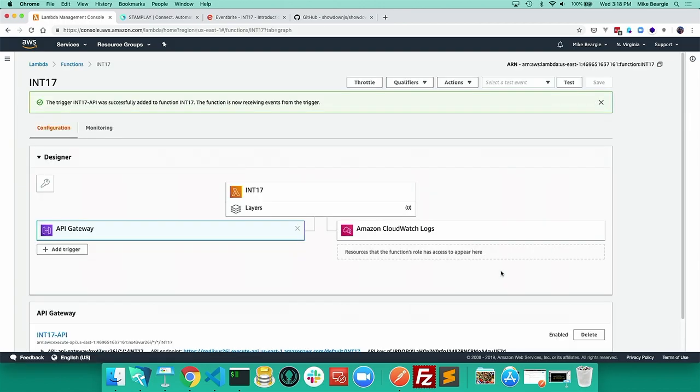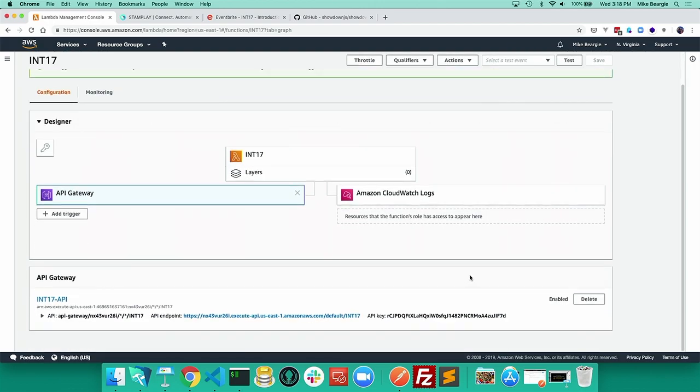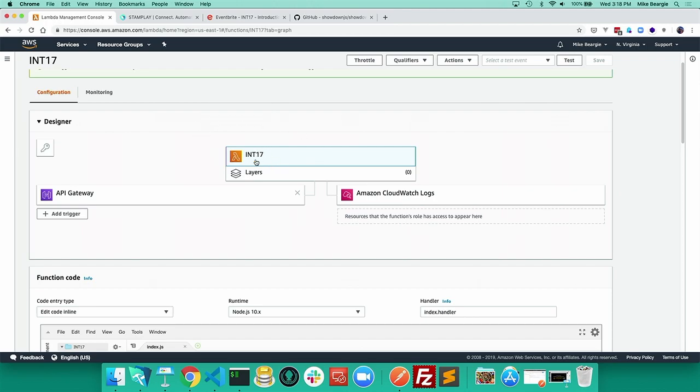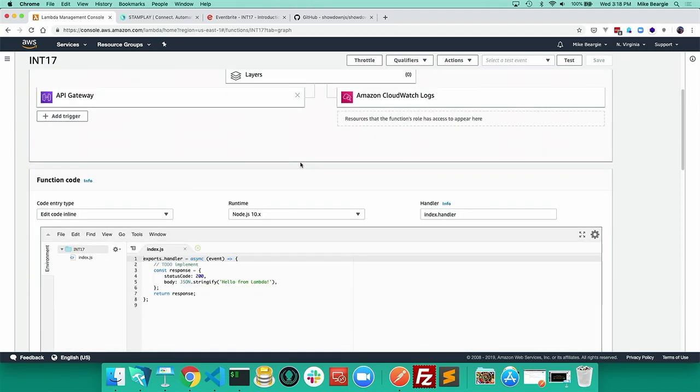And just like that, an API gateway has been added on to my service. So you see the API gateway is going to flow into my function here, and that is going to also log the results of that function to CloudWatch. So CloudWatch comes pre-connected. So I'm going to click again on my function right here in the middle, scroll down,